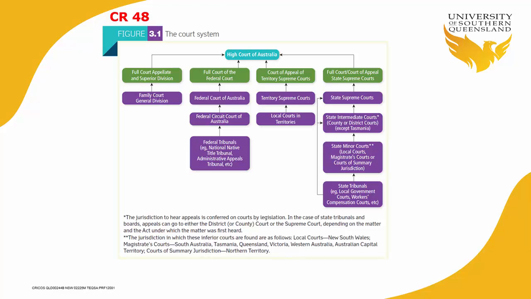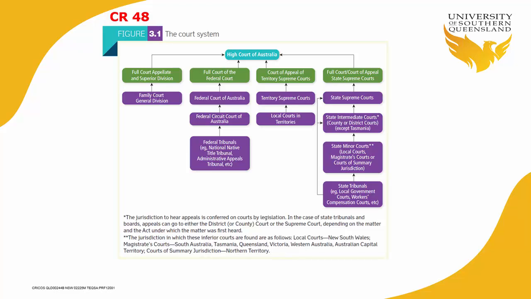Now, today we have a court system where the highest court of appeal is the High Court of Australia. This is pretty much our constitutional court, and it's the final court of appeal to any court in the land, whether it's a federal court or a state court. So let's start from the left hand side of this figure, which you can find on page 48. You see that the High Court of Australia is the last court of appeal to the full court, appellate and superior divisions,